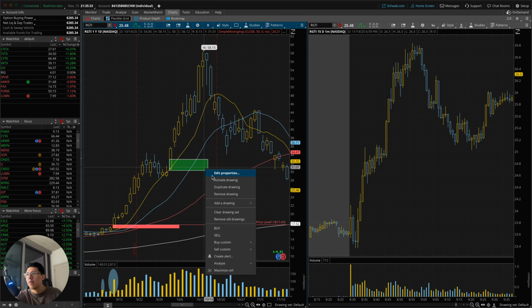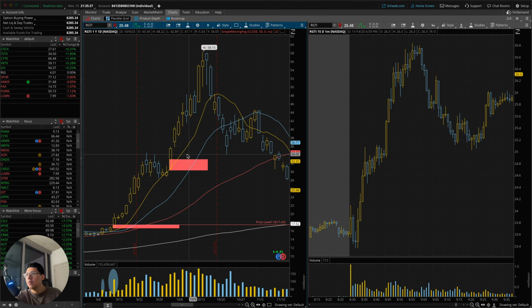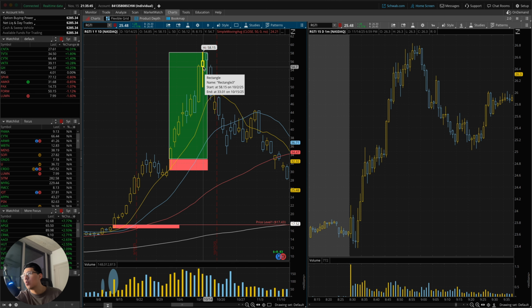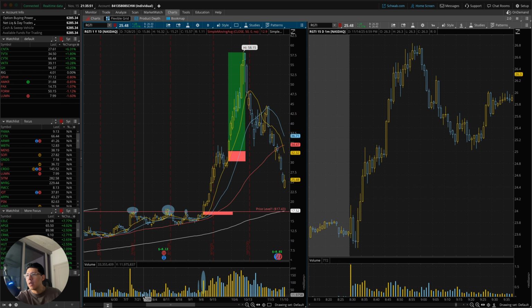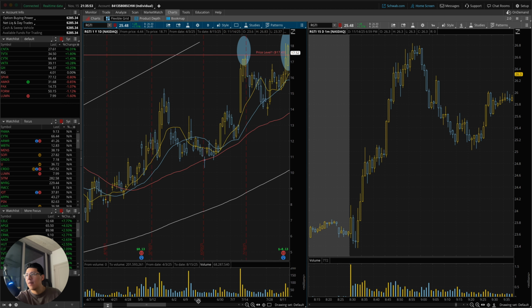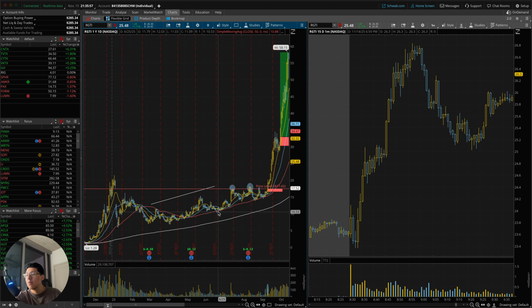That right there could have been your stop loss, and your take profit is all the way, once again, 20, 30, 40. That right there is like a 1 to 7 risk to reward, which is nuts. But that is pretty much it. I'm going to show you exactly how I find my stocks, so you can easily find them yourself. I'm going to send you my watch list as well.